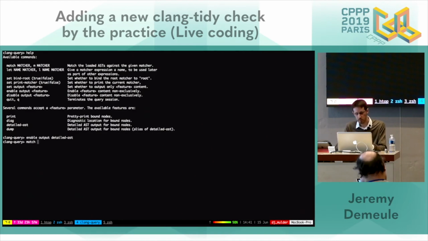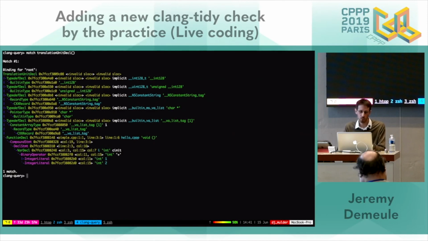And here we make a guess. As a C++ developer, you may know that everything is contained inside a translation unit. So if clang-query maintainers and clang-tidy developers are sympathetic with us, we can find something in relation with that. So maybe I can try to put some translation, and finally the completion will help me with translationUnitDecl. If I run it, I see the whole representation of this C++ program. There are some internal things, and I found a function declaration.